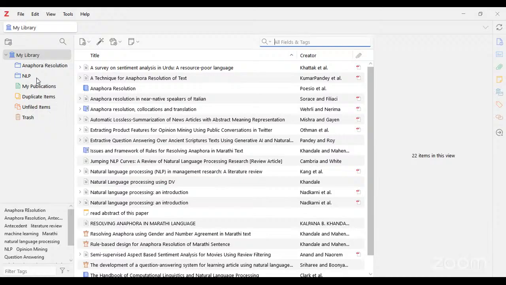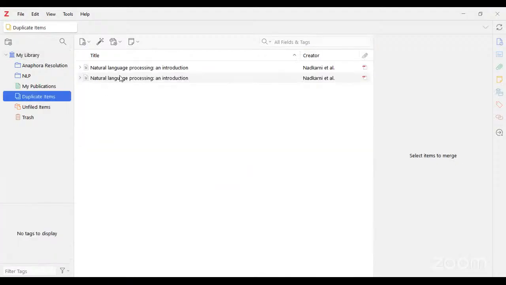It is visible. Okay. On the left hand side, you can see My Library. After that, some items are there. In My Library, you can create your own folders, and in My Publications, you can put your own publications. After that, Duplicate Items, where you can see duplicate papers present in your library.